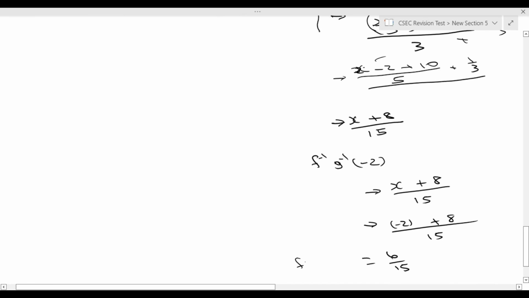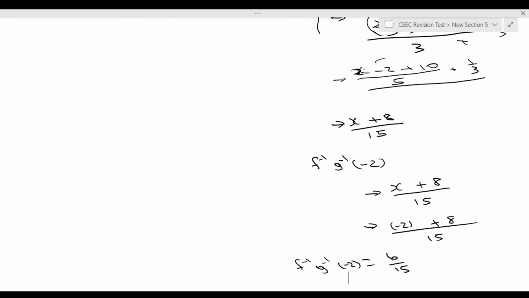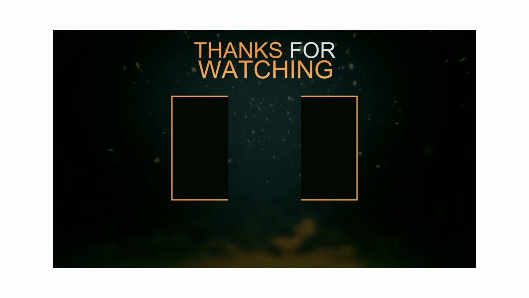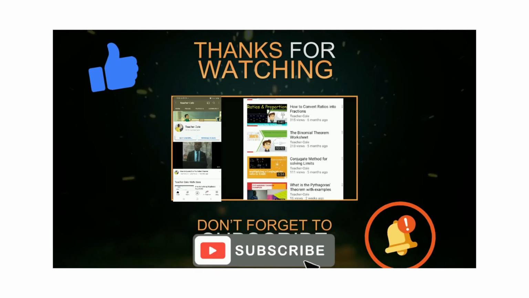And so our f inverse g inverse, now x is equal to negative 2, is equal to 6 over 15. All right. So you can